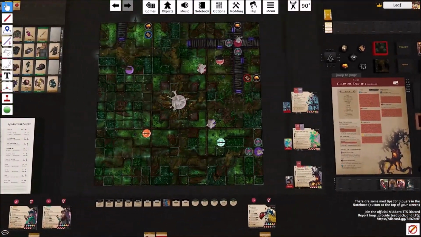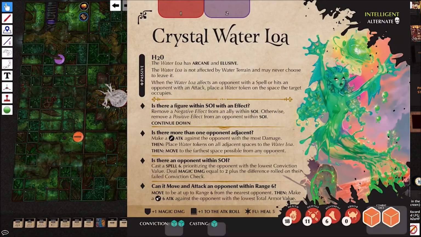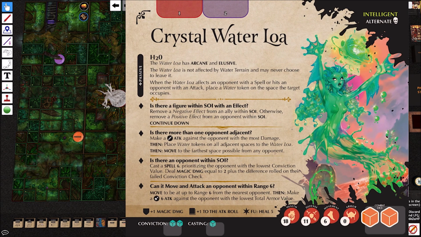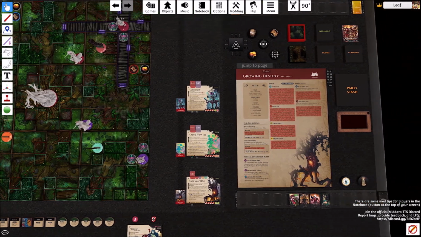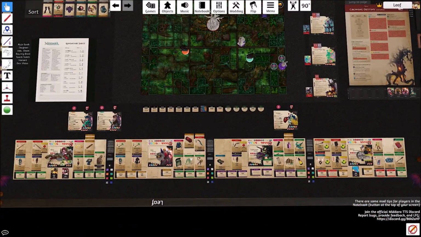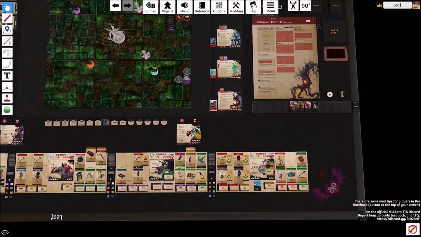Now, one thing to note is this is a map that has no water, and water loas do not voluntarily leave water. But since they're already out of water, I'm assuming they can move normally until they get themselves back in water. So that's the way I'll be playing it for right now. Alright, with all that said and done, all we have to do is add...